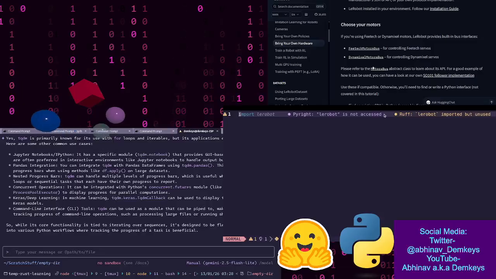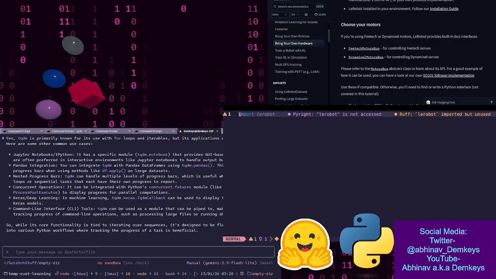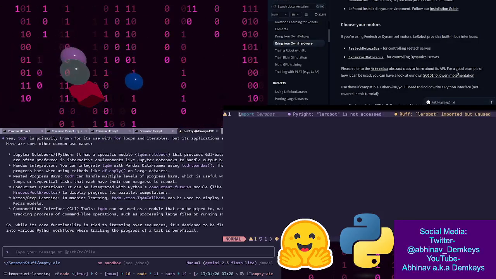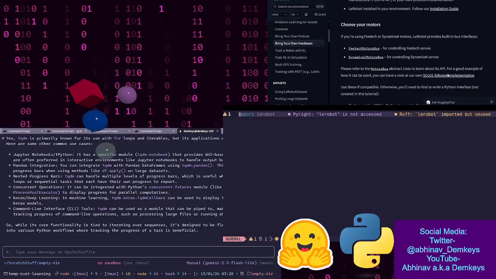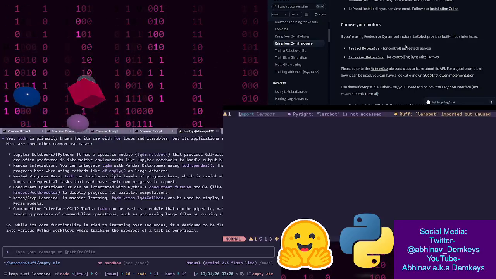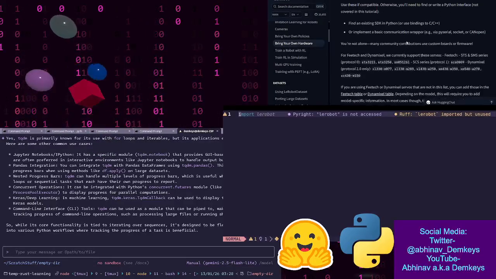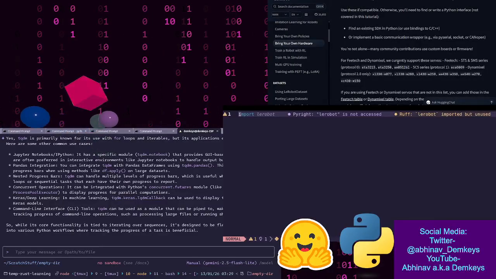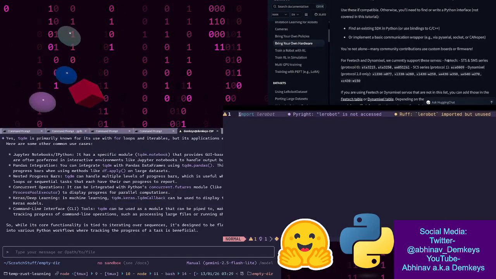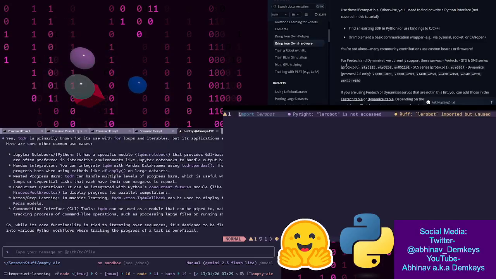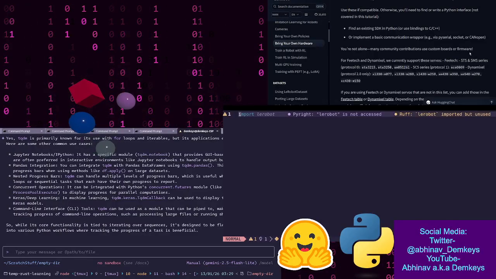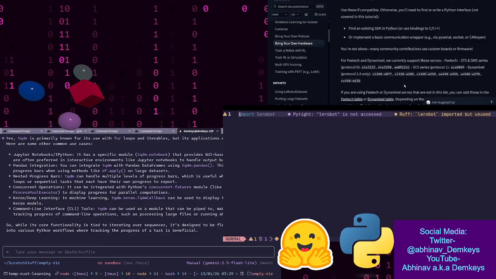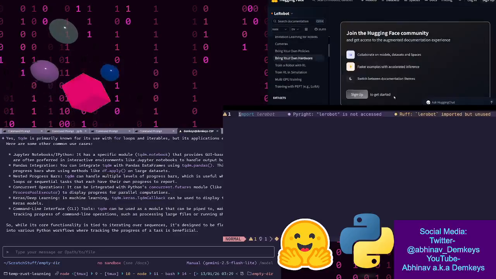I'm seeing what could be control. I should open it up here. Hold on. GitHub, Hugging Face. No, this is not what I'm looking for. For VTech and Dynamixel, we currently support these servos. VTech, so and so, so and so, so and so. Okay, if you're using VTech,